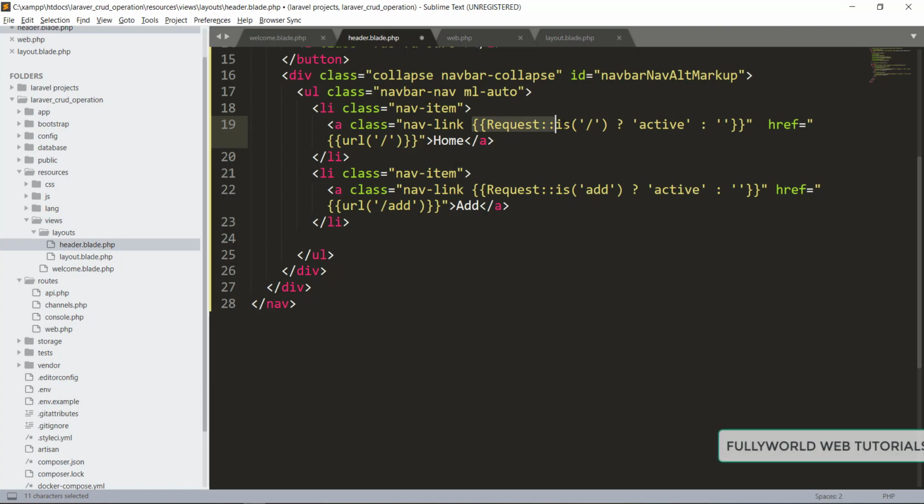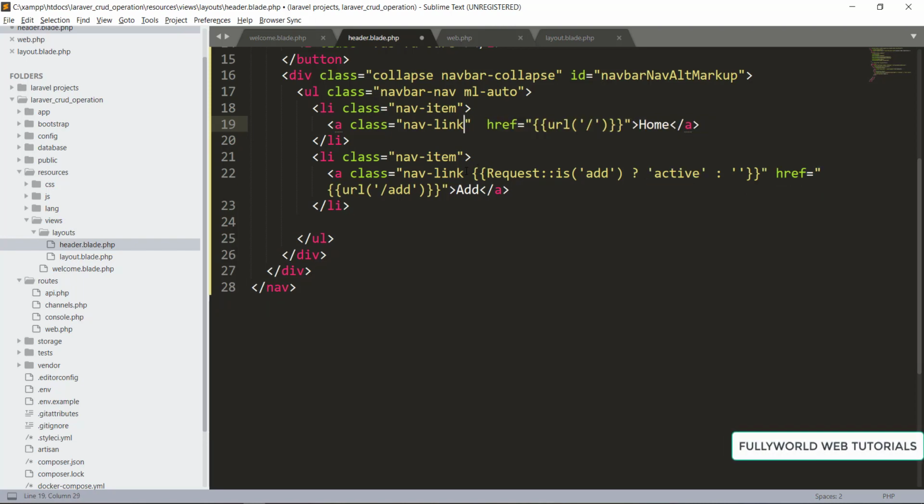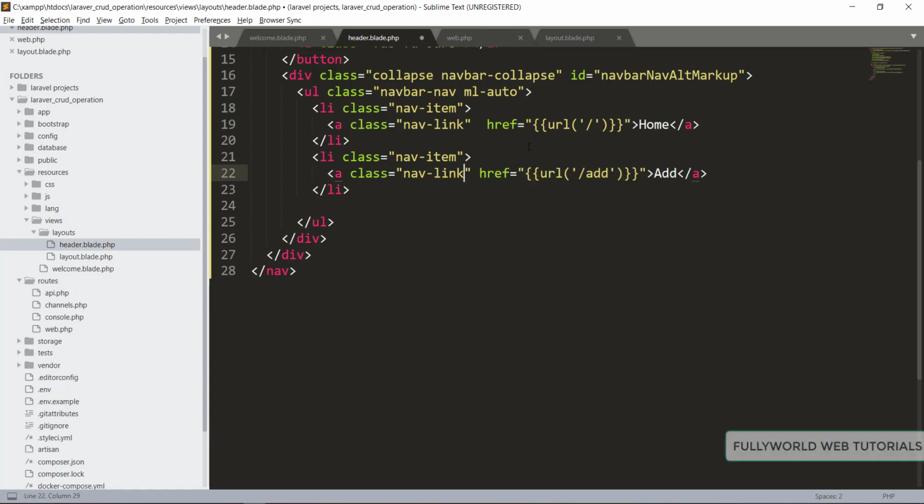This thing that I used here, request()->is('/'), is for the active class. For now I will remove this, because I will tell you about the problem with it after creating the routes. I will do this from scratch. So for now I'm going to delete these, and I will tell you about them in my next video.